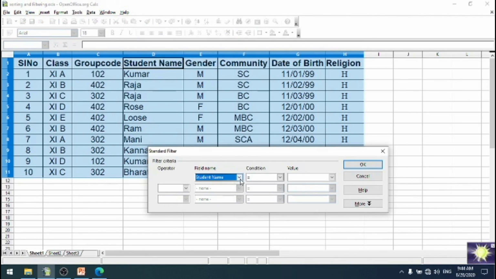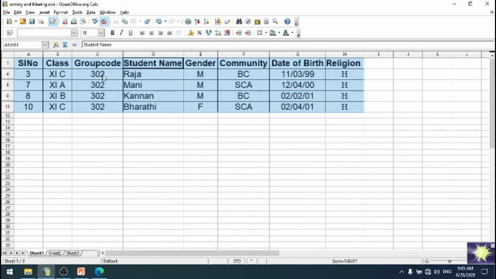So select group code from the drop down list box, specify the condition equal to and put the value 302. Only the records which satisfy the condition will display on the screen. Now click OK button. Now group code 302 only displays on the screen. Understood? This is called a standard filter.